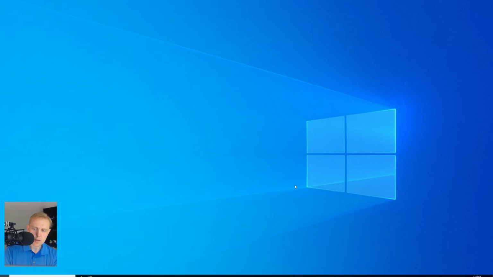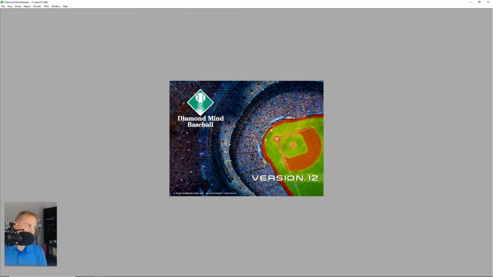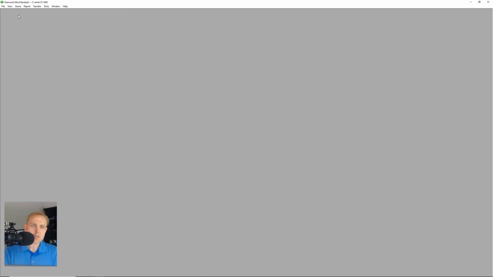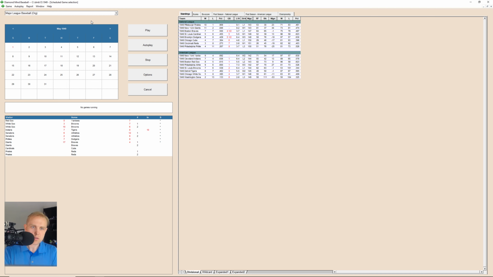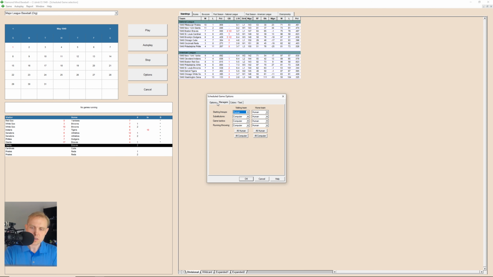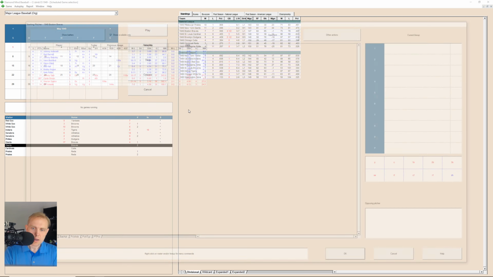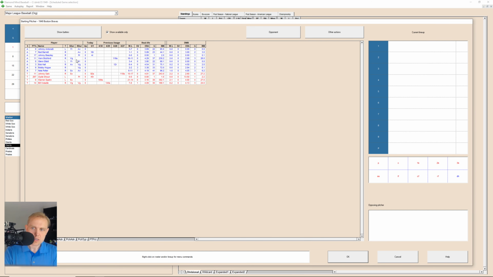We'll go over here to Diamond Mine and we'll take a look at how things are different. So it's a little bit different over here with Diamond Mine. This is another screen I usually don't show you if I'm going to start a game. So this is the one I'm going to play probably later on today, the Giants and the Braves. And when I go into the ball game here, I can see all sorts of stuff about each team, including which